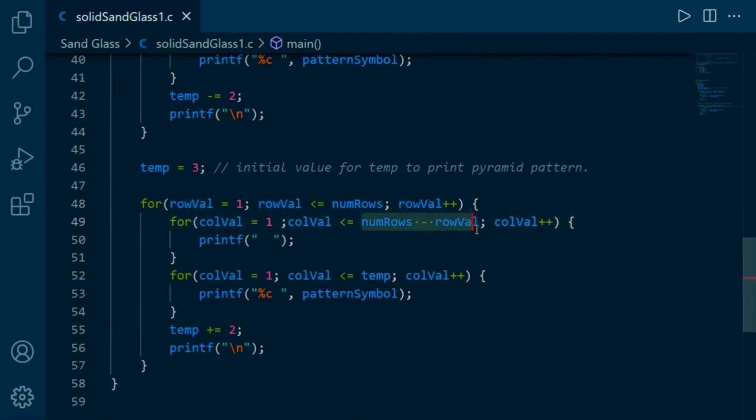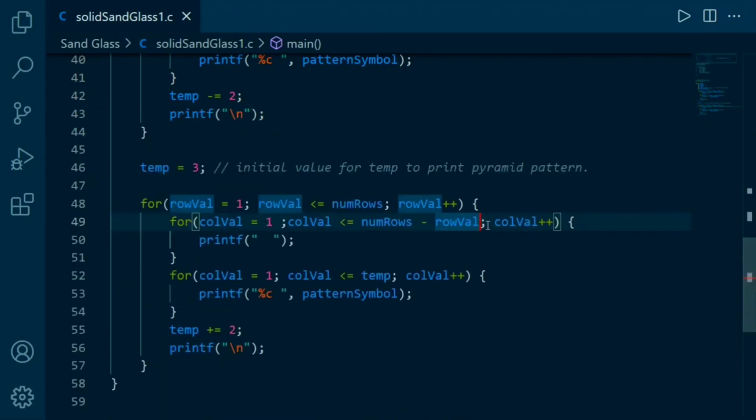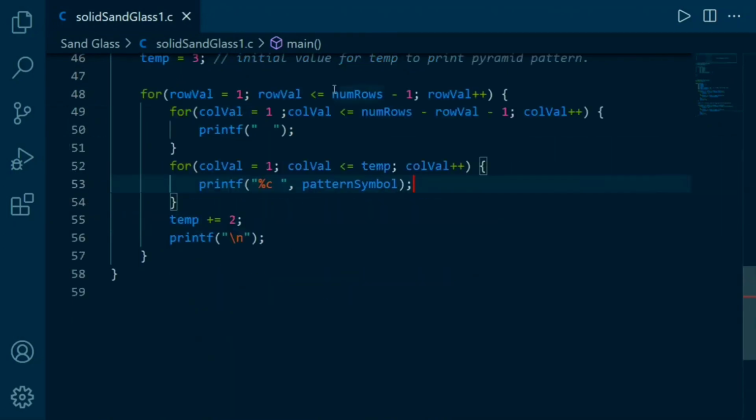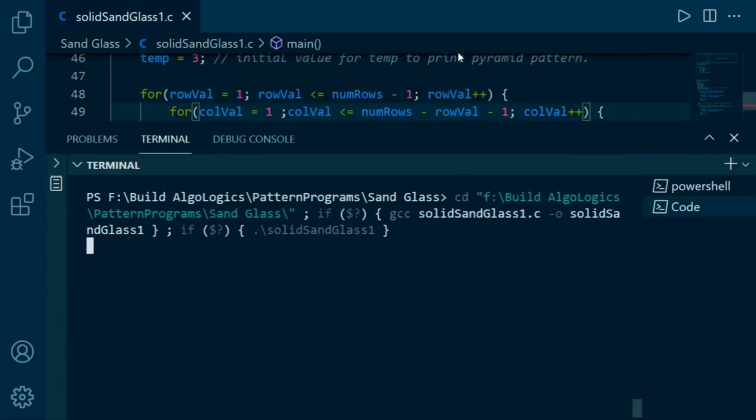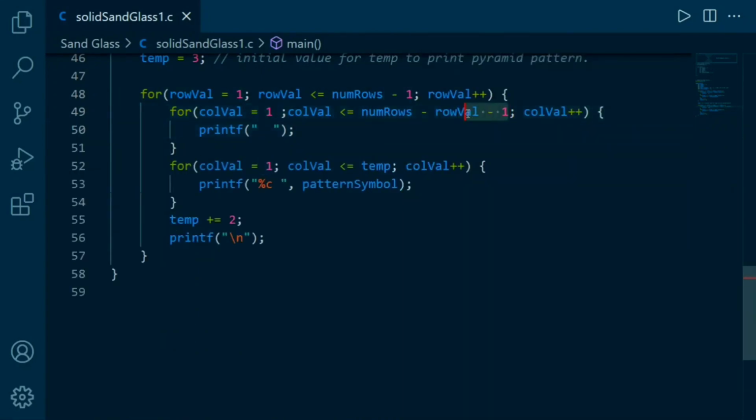But now when we are starting it from 1, this loop will run 6 times, which is why we are getting these 6 extra spaces printed here. So we also have to reduce this value by 1 like this. Now run it, and yeah, again this is our solid sandglass pattern. As it is clear now, I again change this value to start from 2 and cut this part also.